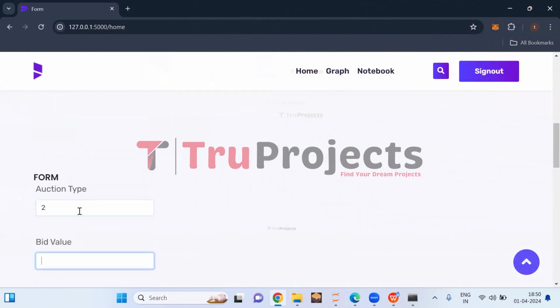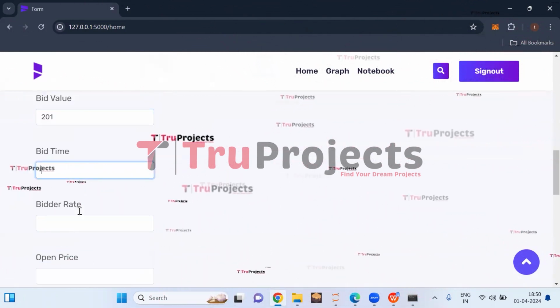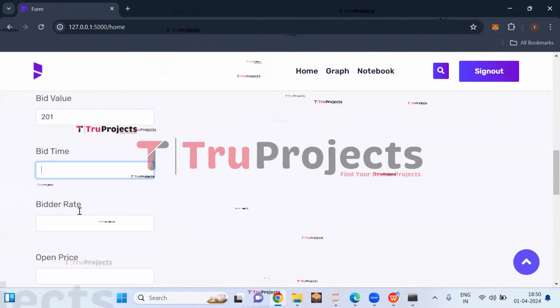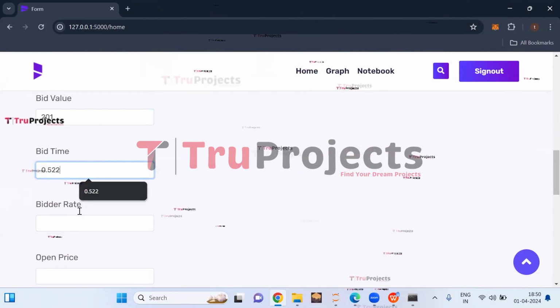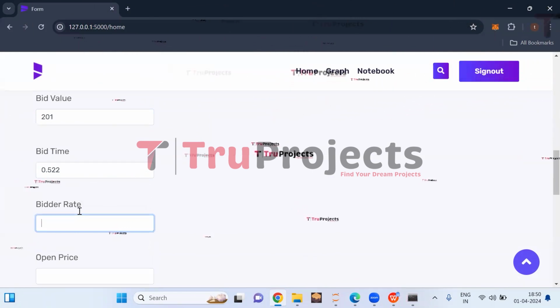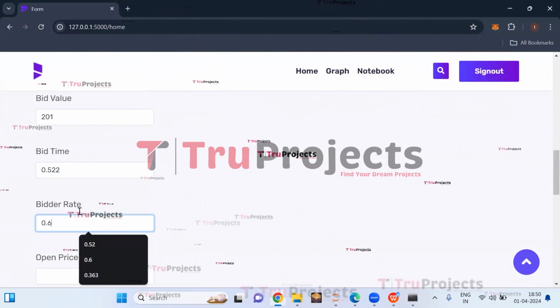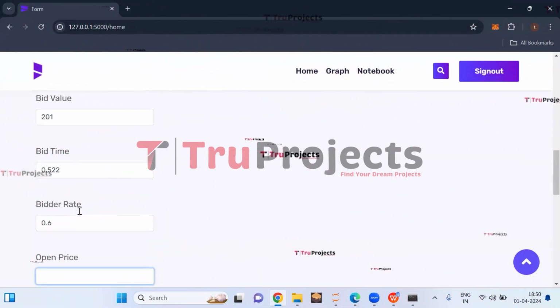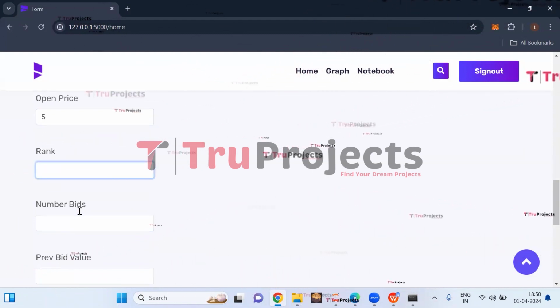So here I'm entering another set of parameters. Auction type is 2. Bid value is 201. Bid time is 0.522. Bidder rate is 0.6. Open price is 5.